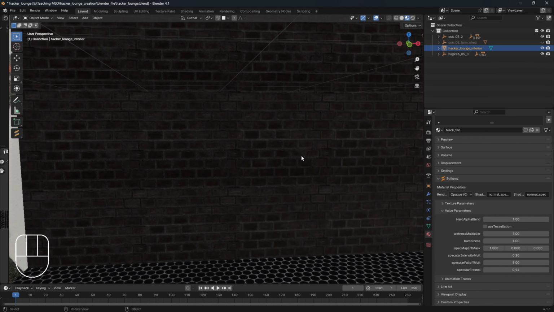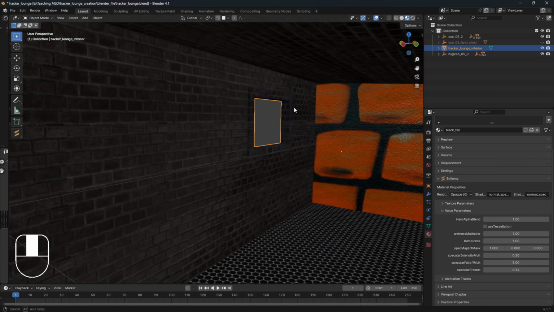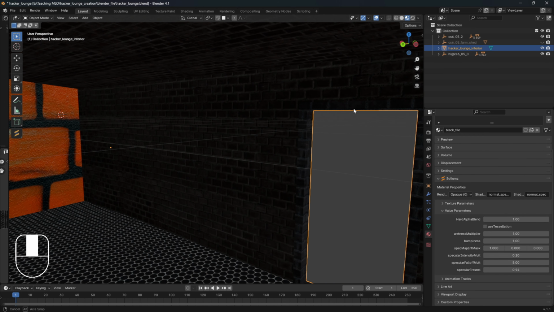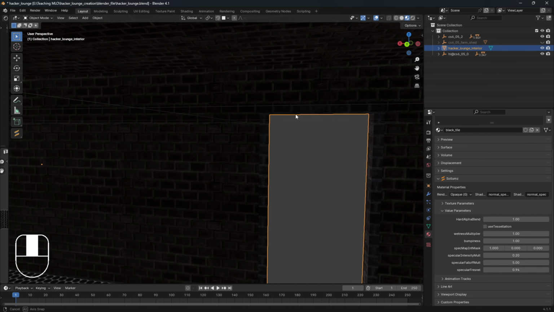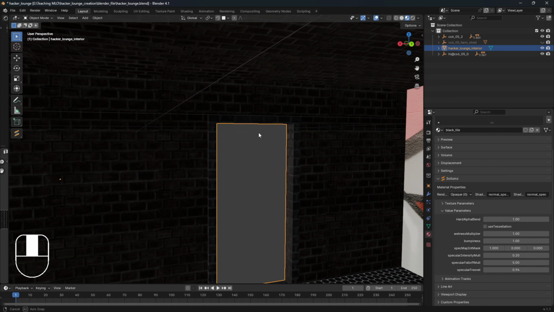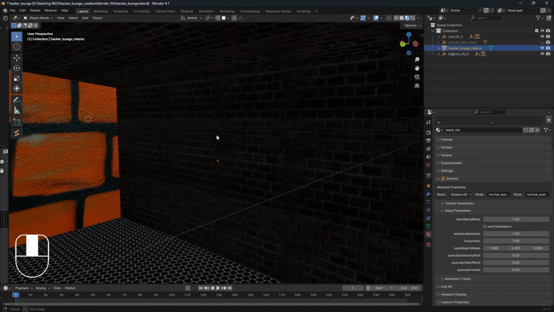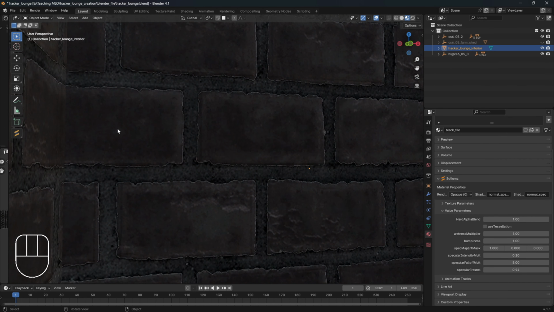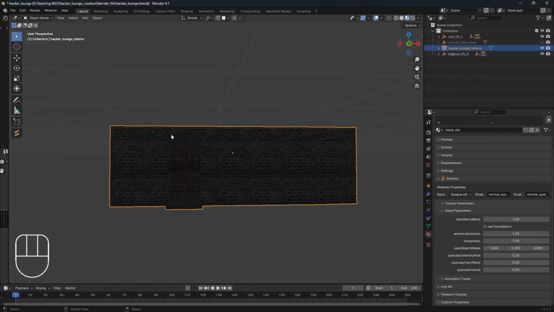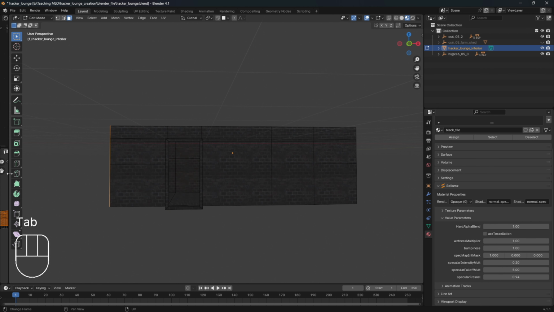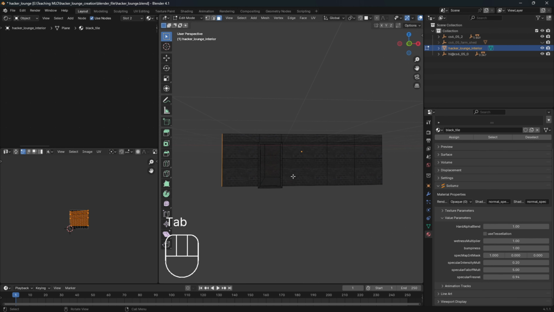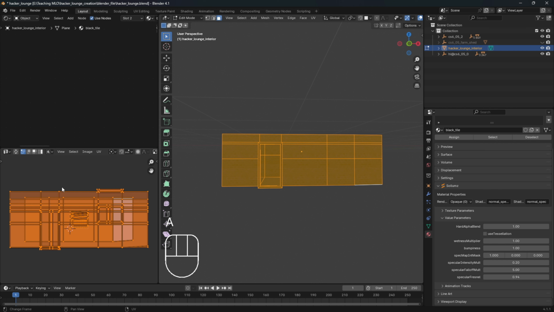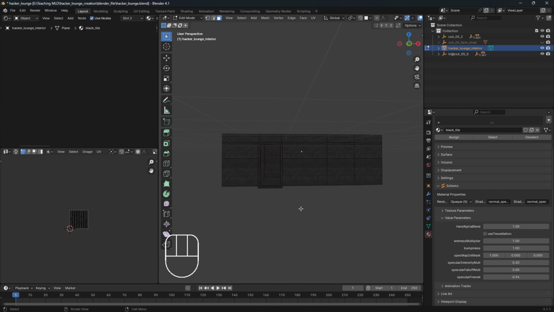This brick, I can see that it's tiling. I'm not sure if it's going to be much of an issue. It is tiling. I might change the size of this brick just a little. I just can't deal with tiling, y'all. I just don't like it. Make sure we select everything. So make sure when you're editing your